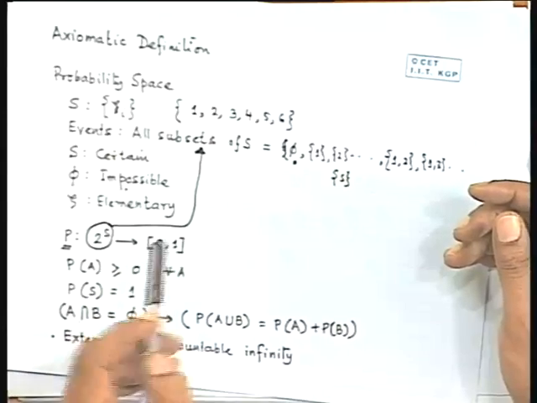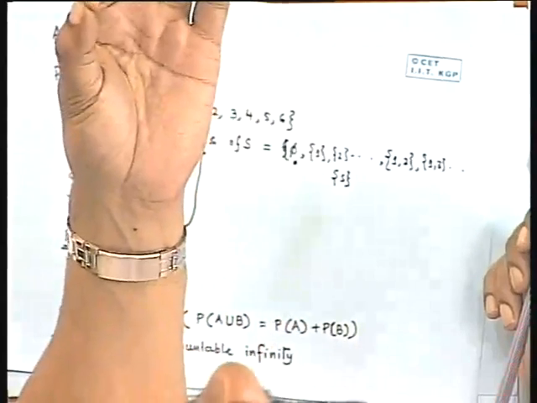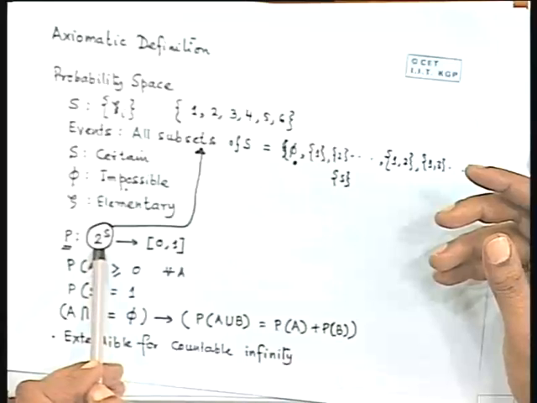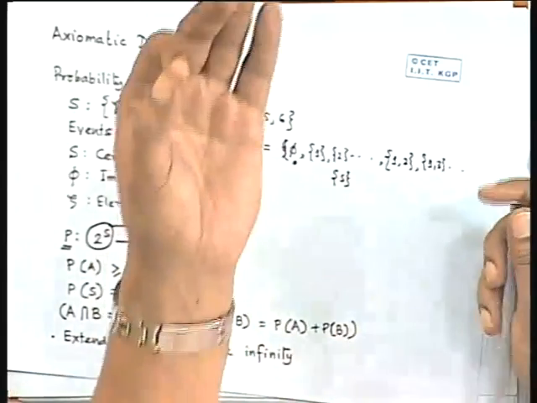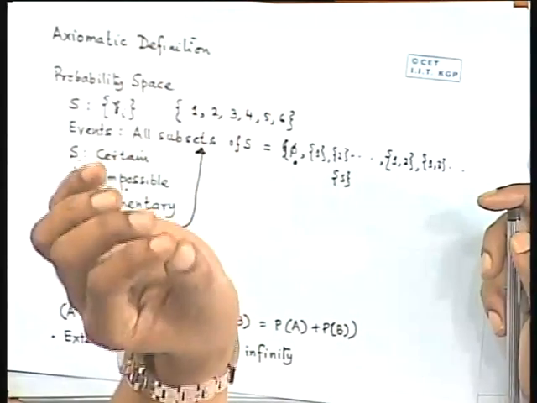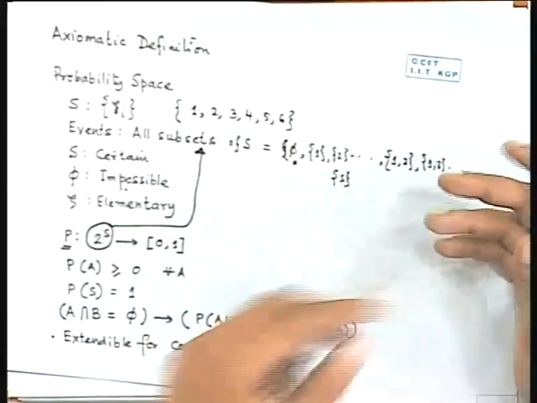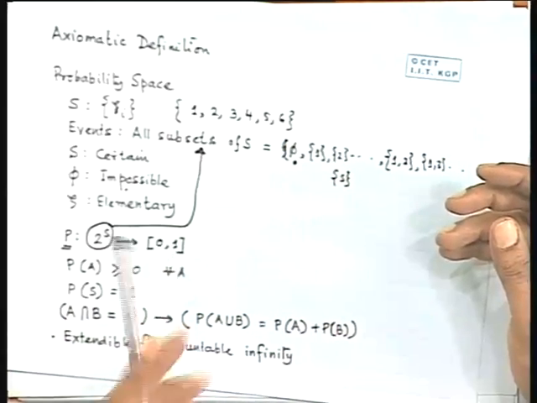What does it mean? Suppose I say that y equal to f(x) is a mapping from reals to reals. It means that if you choose a real x, through the mapping you can get another real y. So in this case, this is the domain of the function. That means if you choose any subset of S, then to that subset you can assign a value which must lie between 0 and 1 on the real line.